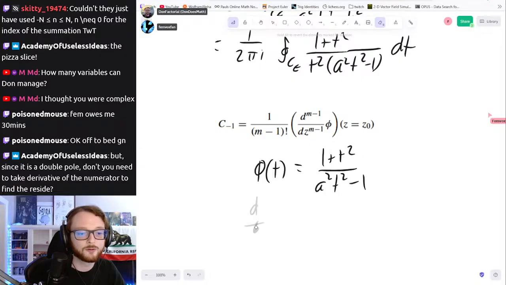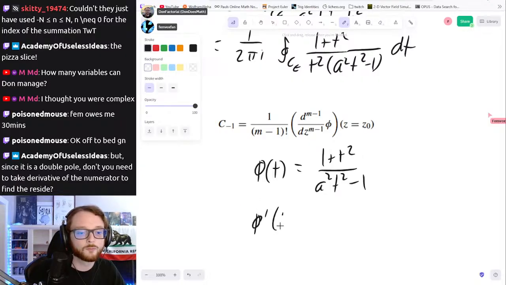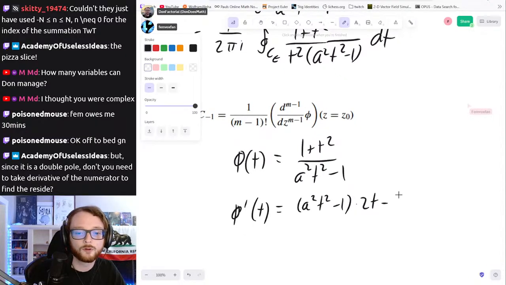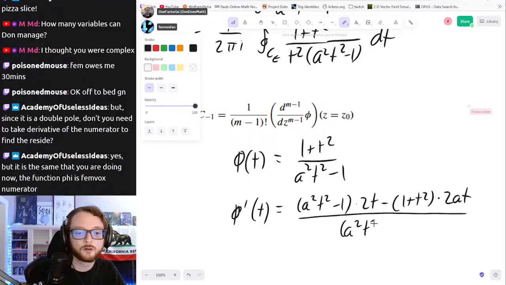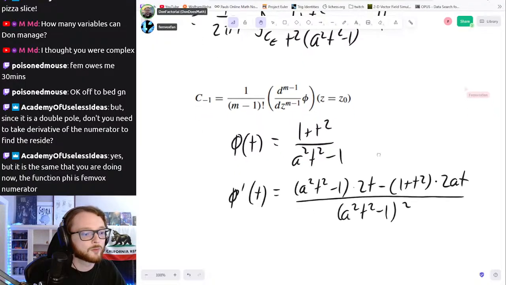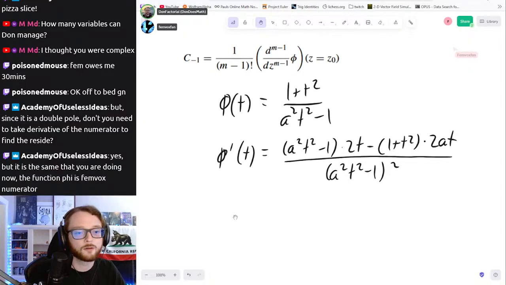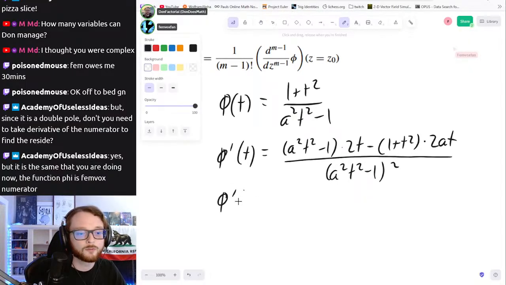We do need to do a quotient rule, which is unfortunate. Low d high minus high d low. So yeah, because if it's a second order,